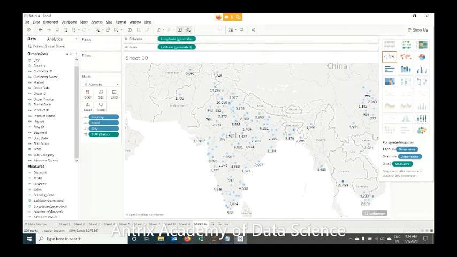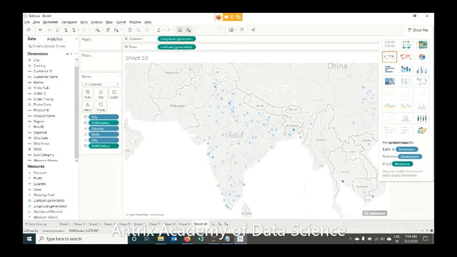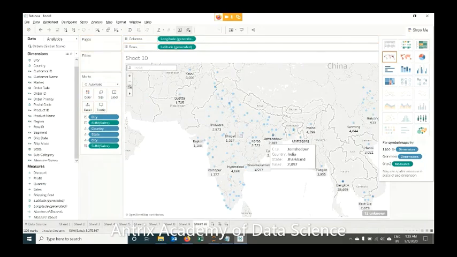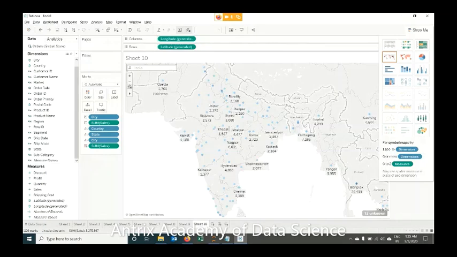And if you're still looking for city names to be there, you can use city name and labels. So city names are there. Along with the city name, you want sales to be there. You can write the sales also. So depending on the space available, it'll display the value part. You can